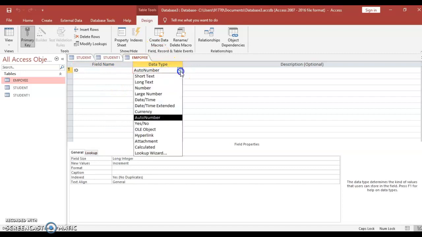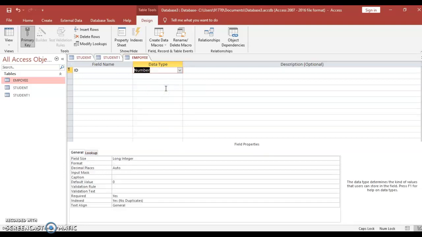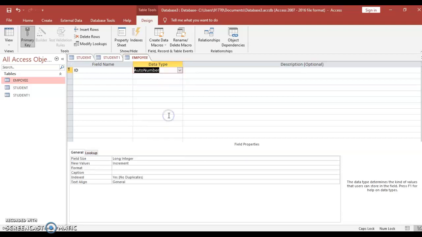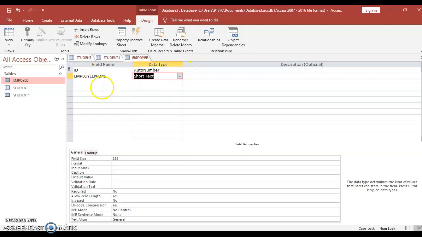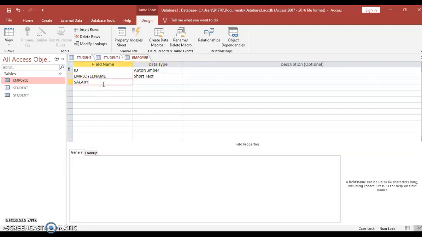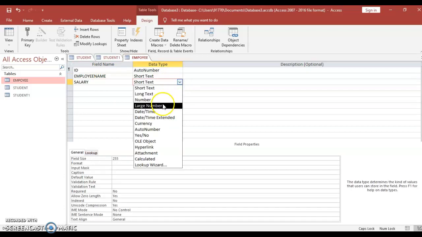So here what is the difference between auto number and number over here? So number means we are going to give number to particular data, means 1, 2, 3, we are going to give this number. But auto number means automatically generate the number from 1 to n number of data. Suppose I am giving here auto number for ID, then employee name, this is a short text, then salary for that particular employee, this is in number format,